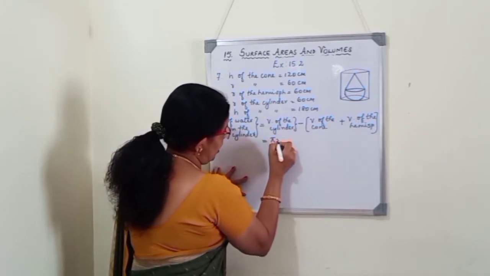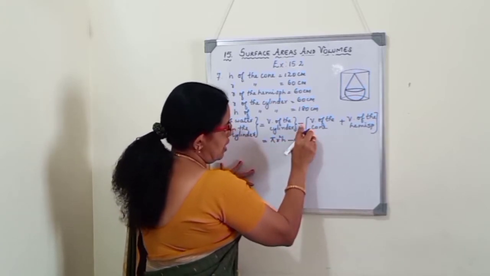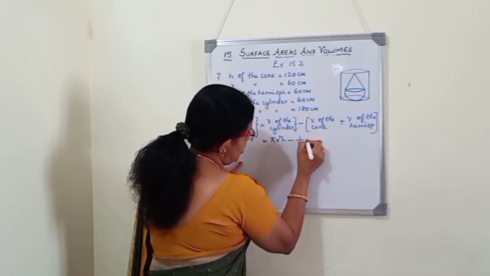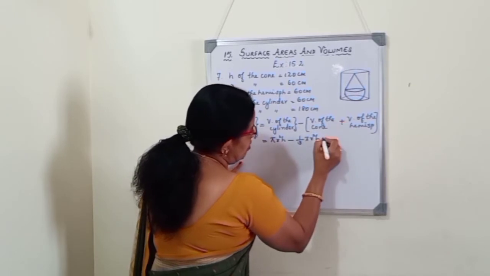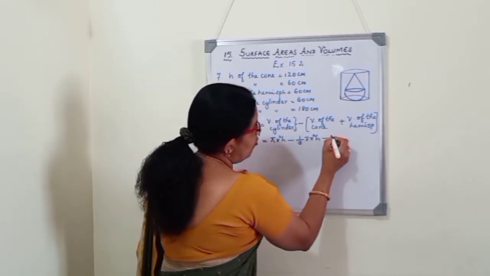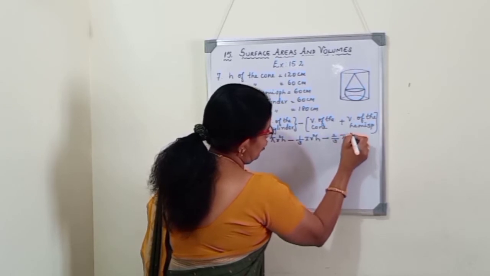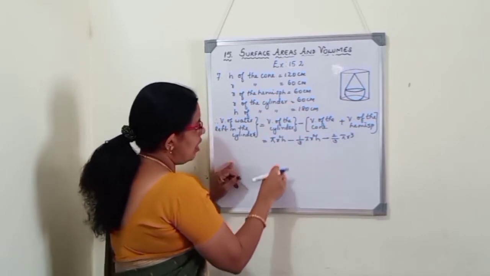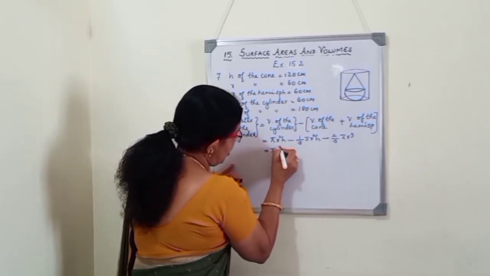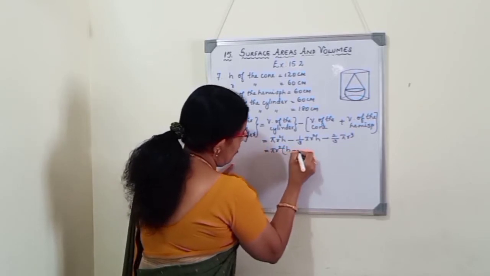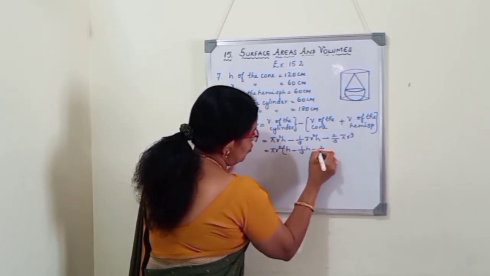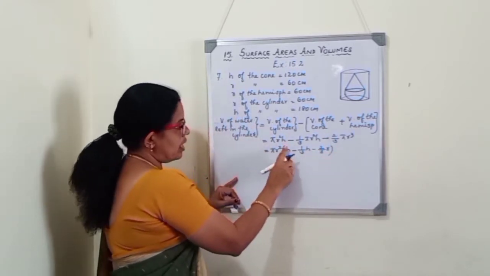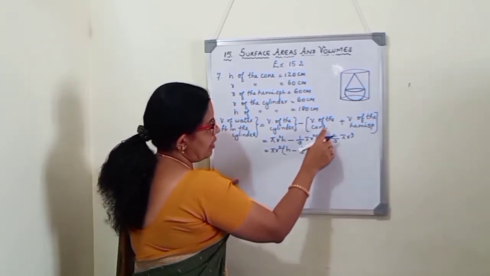We will write the formula. Volume of the cylinder is pi r square h minus, at the same time I will open the bracket, minus into plus minus. So, volume of the cone 1 by 3 pi r square h, again minus into plus minus. We are subtracting both. Volume of the hemisphere is 2 by 3 pi r cube. Here, radius of the cone, hemisphere and the cylinder all are 60 cm. So, we can take pi r square common. Inside, h minus 1 by 3 h minus 2 by 3 r, we have taken pi r square common. So, 1 r will remain here. First h is the height of the cylinder and next h is the height of the cone.